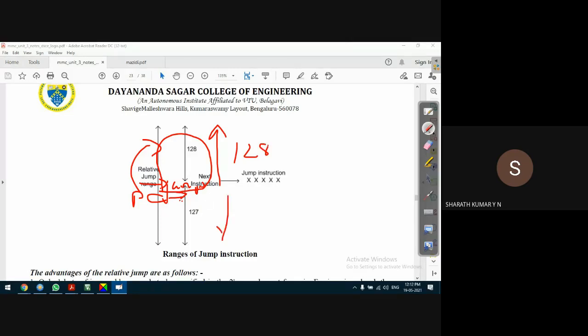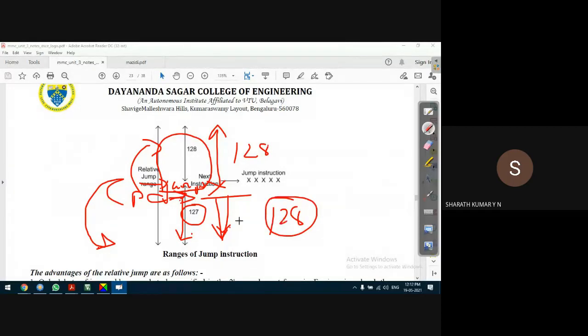If it is a forward jump, one instruction is already left out. Why? Because the jump instruction is already executed. PC is already pointing to the next instruction. So with reference to PC, when it takes a forward jump, it will not consider the jump instruction. It can take a jump of maximum 127 locations, not 128, because 128 minus 1, that one instruction is nothing but the jump instruction.